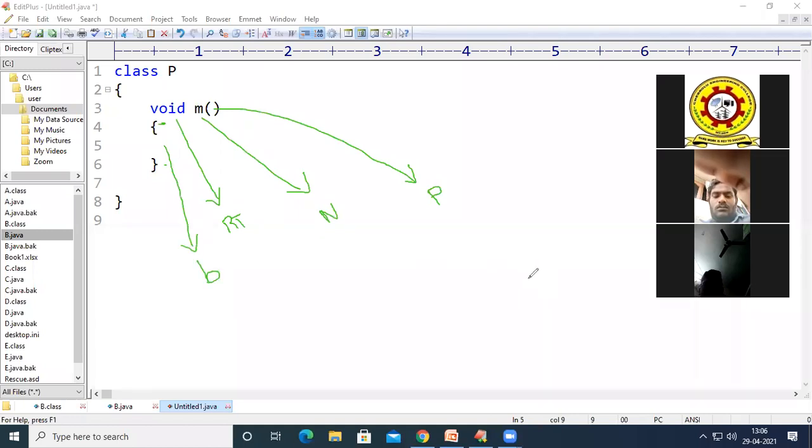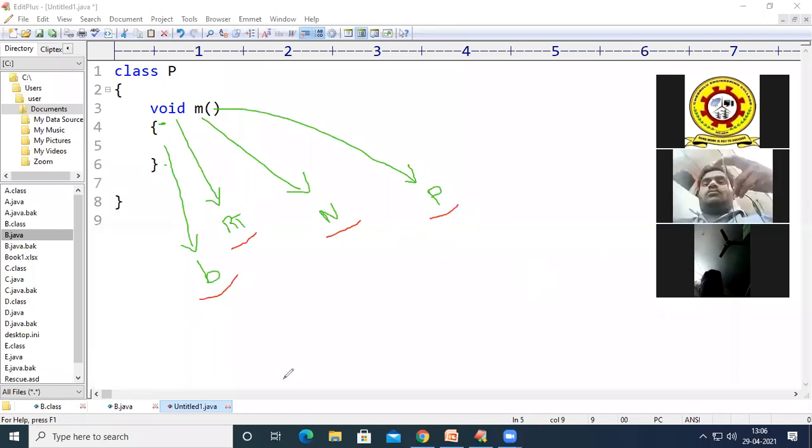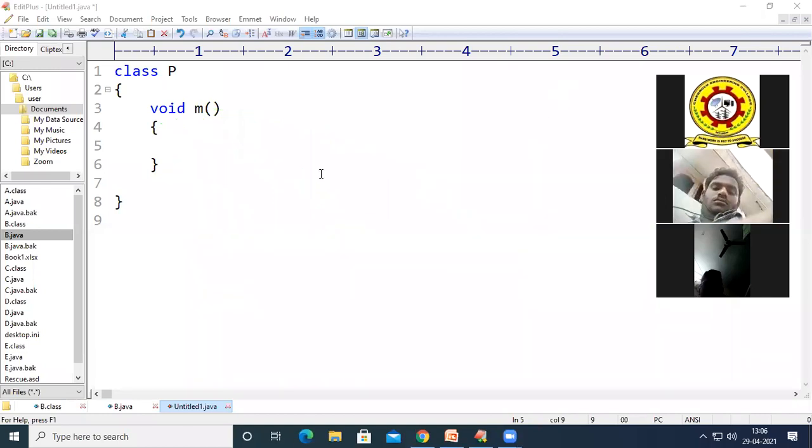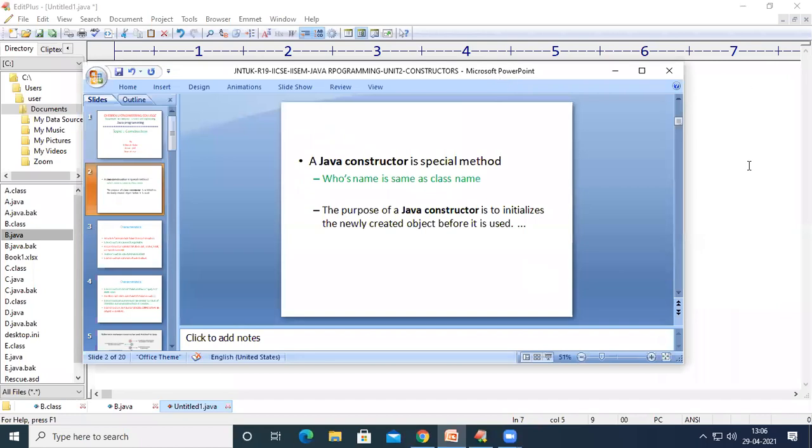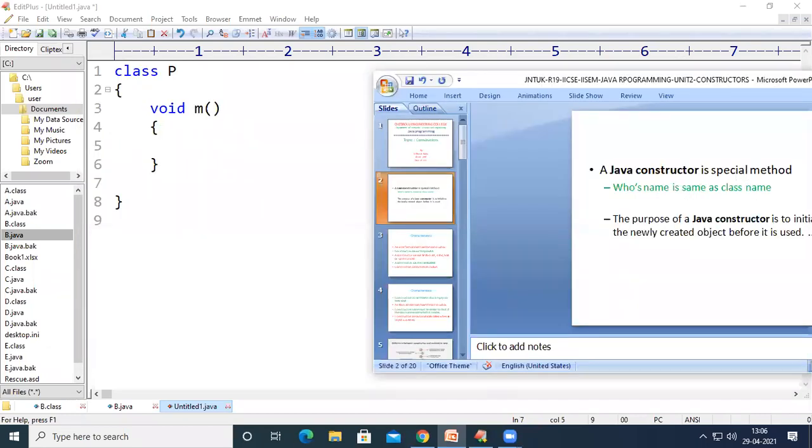So any method in any programming language will contain four parts: the first one is the return type, then the name of the method, parameters of the method, and then the body of the method. So in order to make this particular method a constructor, as we saw in the PowerPoint presentation, a Java constructor is a special method whose name is the same as the class name.